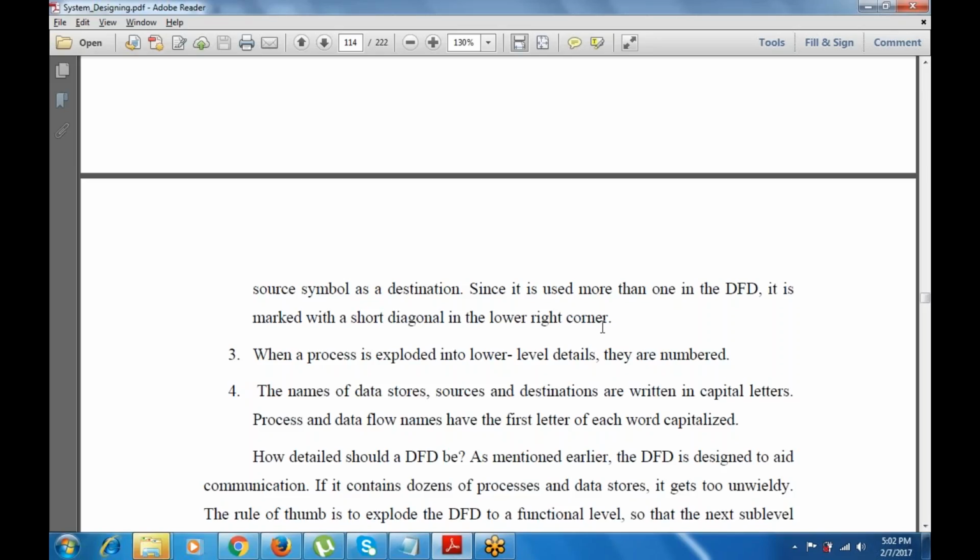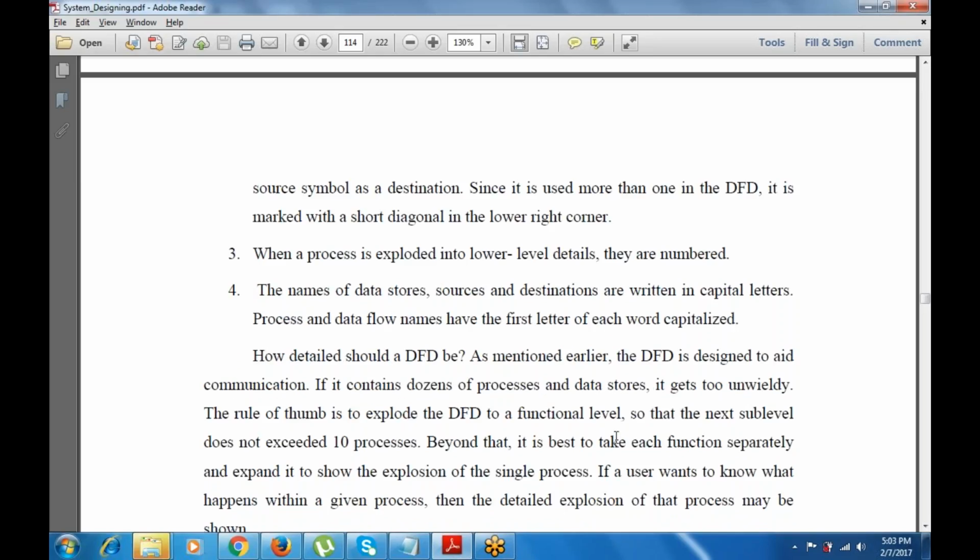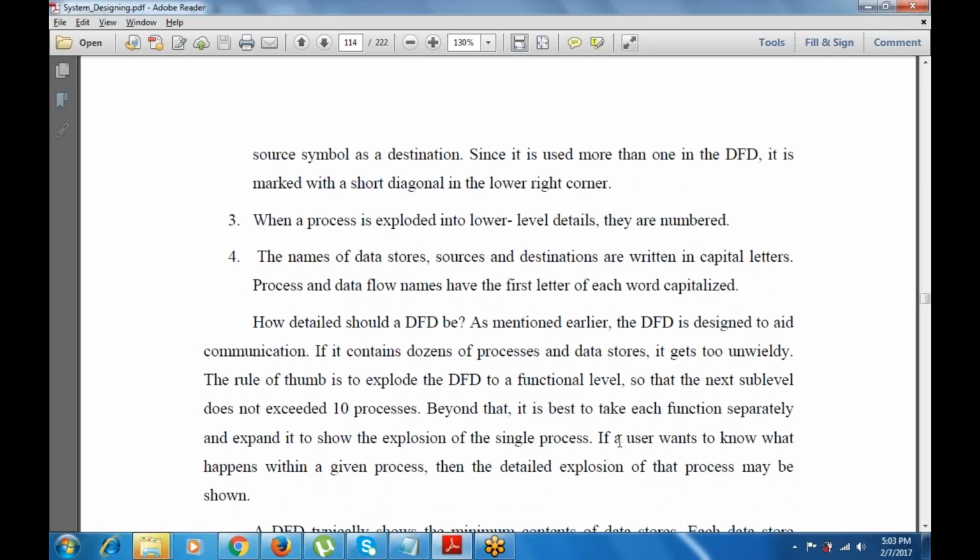If a DFD contains dozens of processes and data stores, it gets unwieldy. The rule of thumb is to explode the DFD to a function level so that the next sub-level does not exceed a certain number of processes. Beyond that, the best way is to take each function separately and expand it to show the explosion